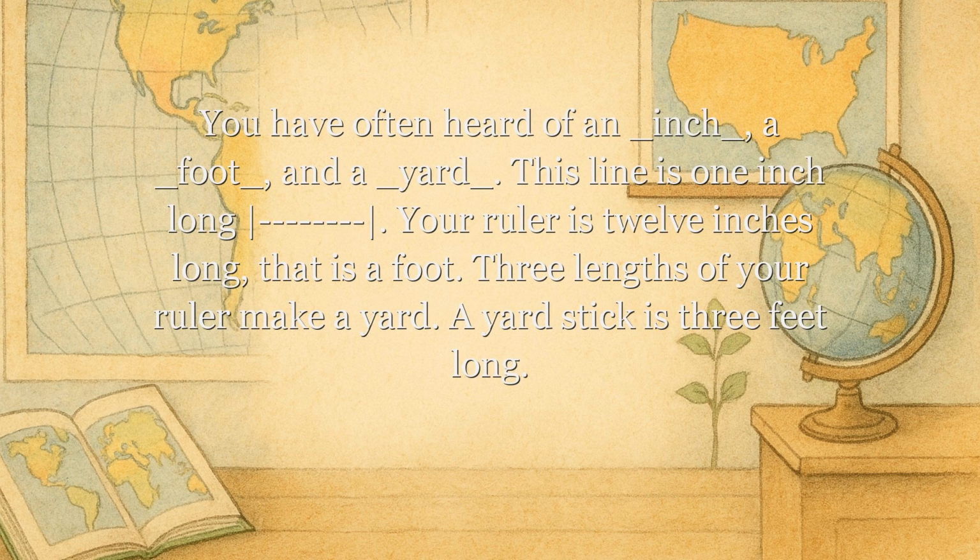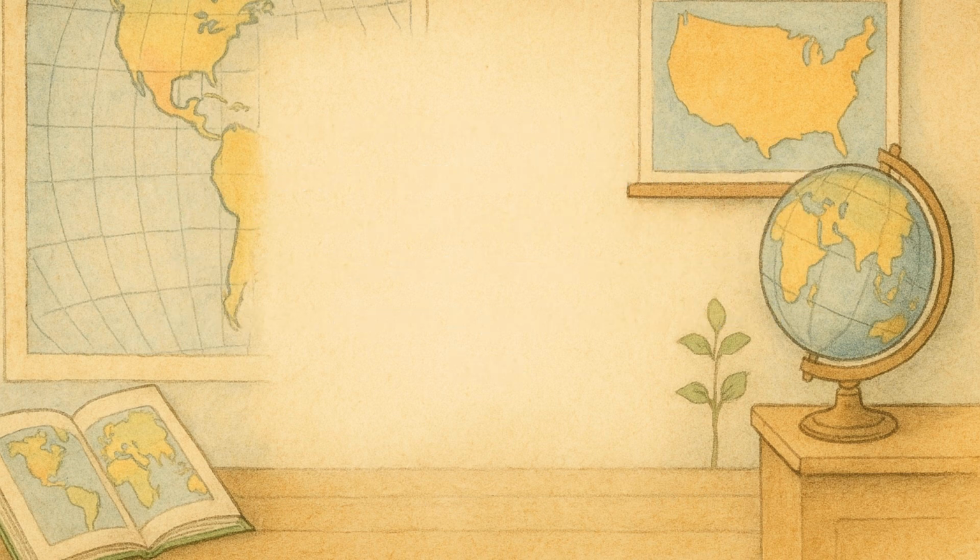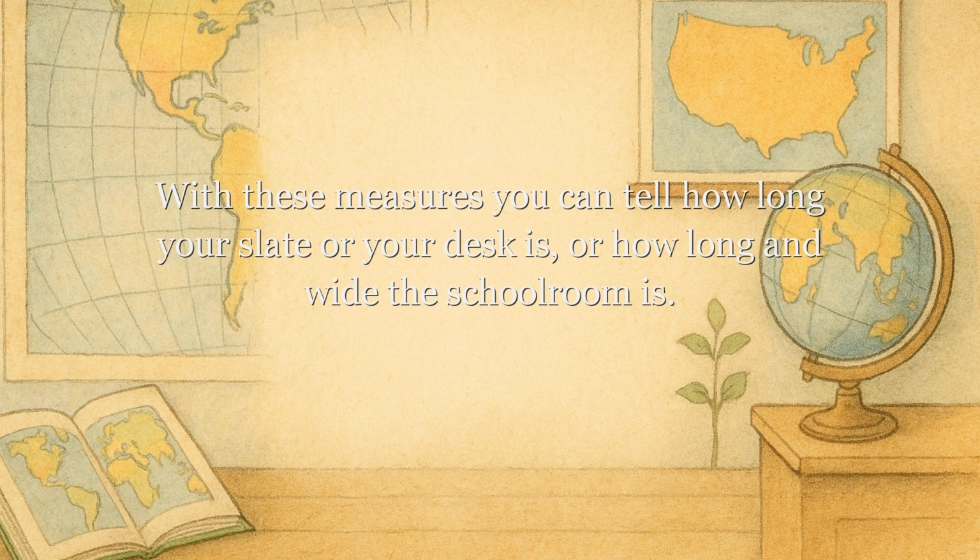You have often heard of an inch, a foot, and a yard. This line is 1 inch long. Your ruler is 12 inches long. That is a foot. 3 lengths of your ruler make a yard. A yardstick is 3 feet long. With these measures, you can tell how long your slate or your desk is, or how long and wide the